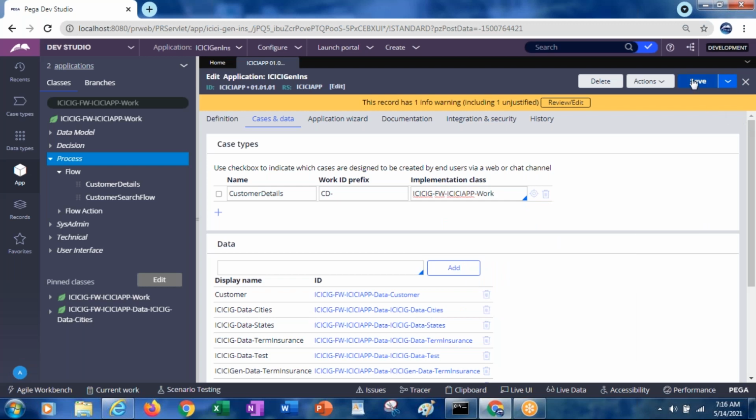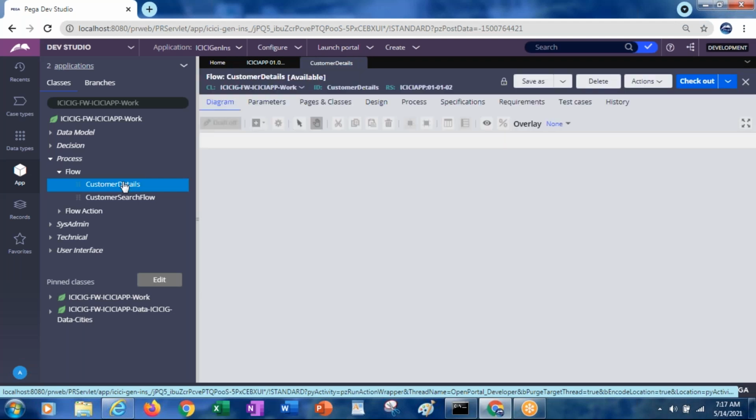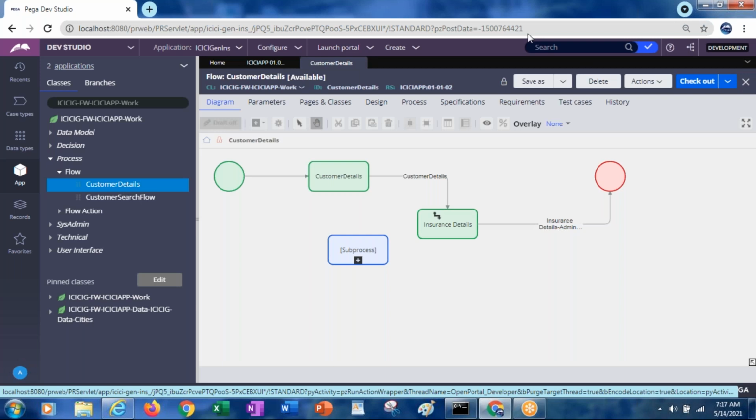So now save it. Then open the flow. Now run the flow.